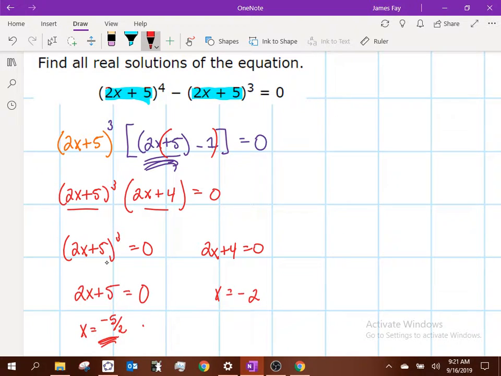Okay? Now the reason this is actually a triple root is, come back up with what that means right there. 2x plus 5 to the third. Doesn't that mean 2x plus 5 times 2x plus 5 times 2x plus 5 equals 0? If we got three things equal to 0, can I say each one of those equals 0? So I would have 2x plus 5 equaling 0 three different times. I could solve that three different times and still get x equals negative 5 halves three different times, right? So we get a multiplicity of 3 there, which we'll eventually talk about how that impacts our graph. But those are then the two solutions